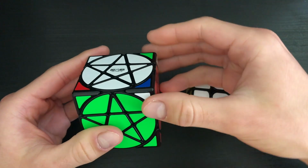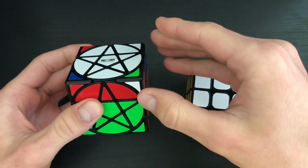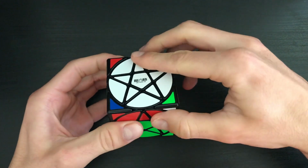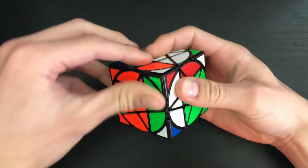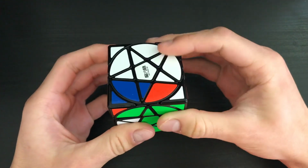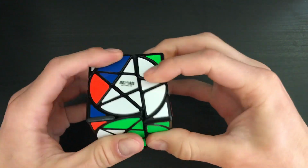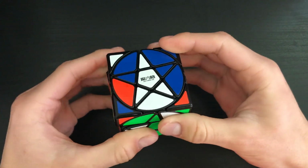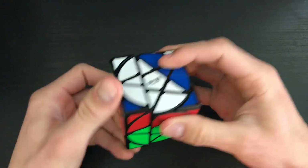Luckily, there's a slight modification that we can make to the algorithm to make it center safe. So, anytime that we do a move like this U, we want to undo it on the centers. So U prime. If we do this for every move, it will prevent the centers from being disrupted. So I'll do the insertion with a U, undo the move on the centers, and then line up the centers for an L, do an L and undo it on the centers, and then reposition these, and then we'll do U prime, undo the centers, and then we'll do our interchange,